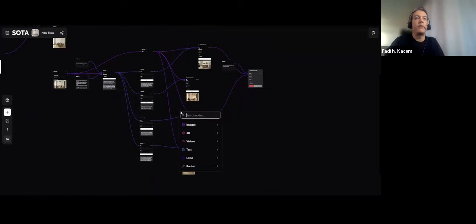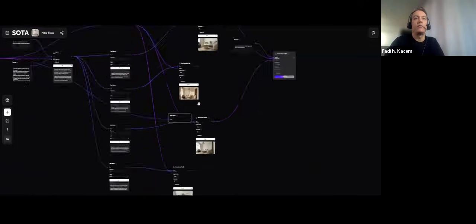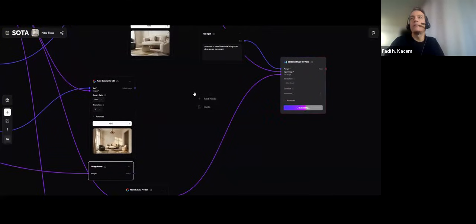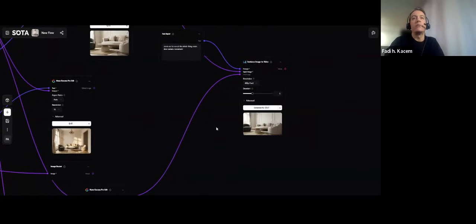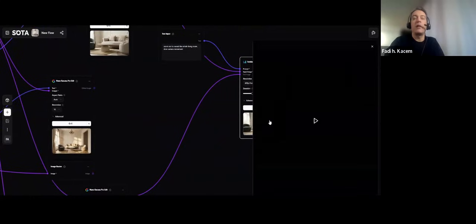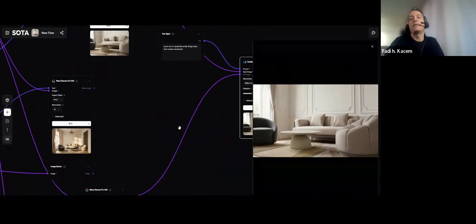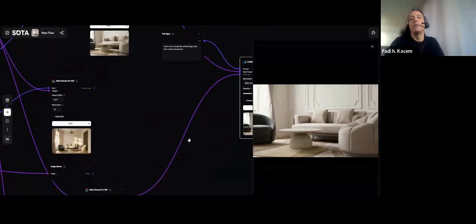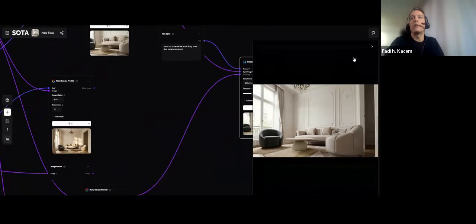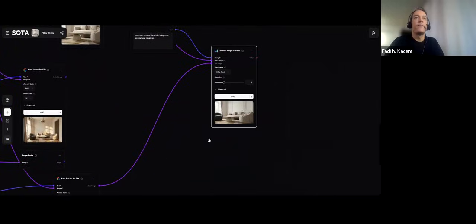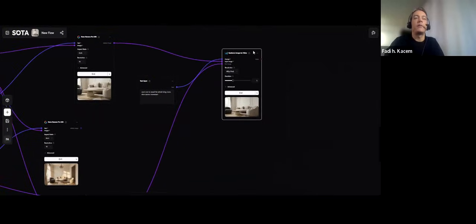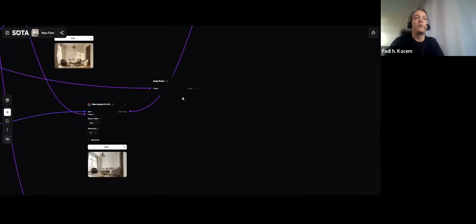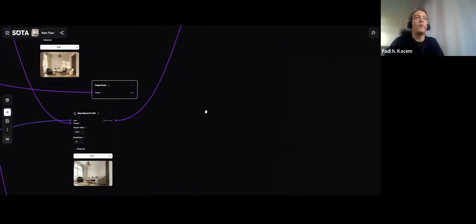Let's reroute the base image also to prepare it for the second generation. Here we go. So in a couple of seconds we have our animation from the close-up to the whole scene. Not bad, quite good. Great, we have our base image now. Let's organize that, and what we can do also,